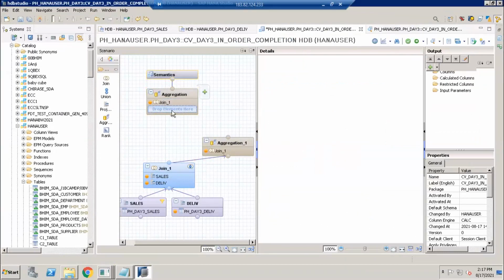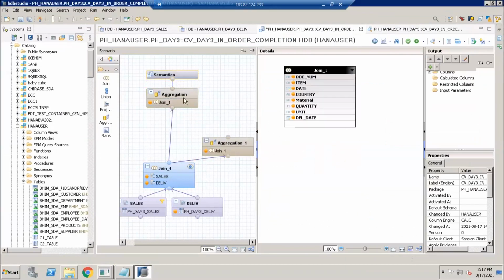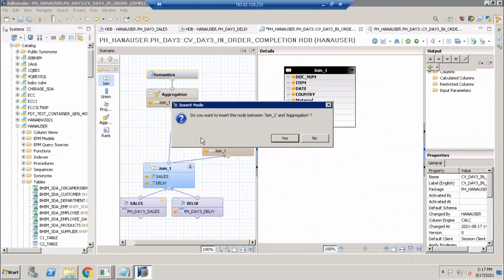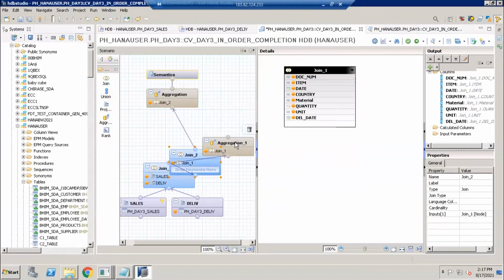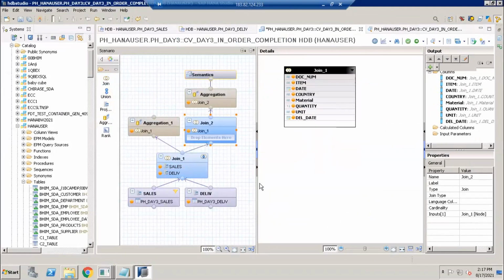What you need to do is Control Z. What we can do is bring a join, drag it and place it on this line where you see it highlighted. Now the system will add the join in between these two without disturbing the upward flow.